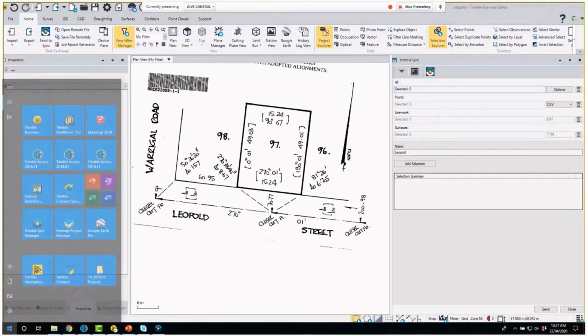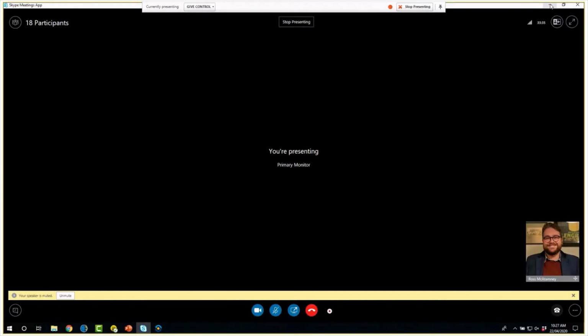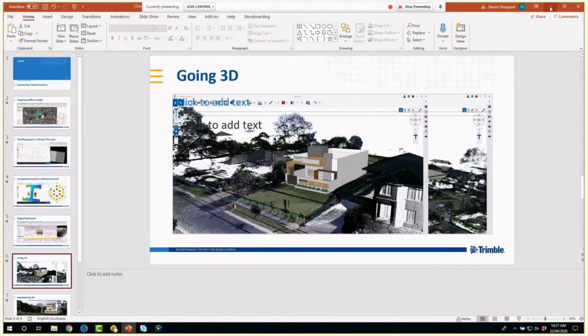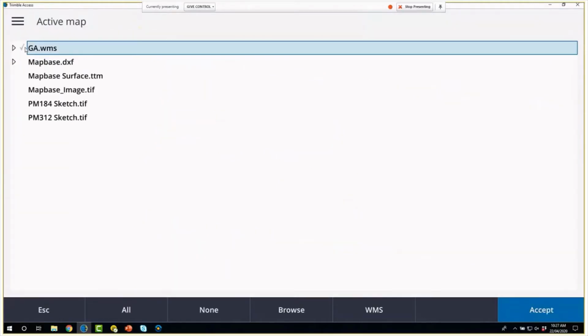I'll fire up Access just to see it on the end side of where it feeds into and what it looks like. Should get there. Come on. Yeah. Okay, so this slightly different job I'm opening up, but